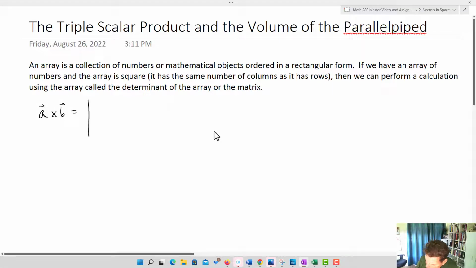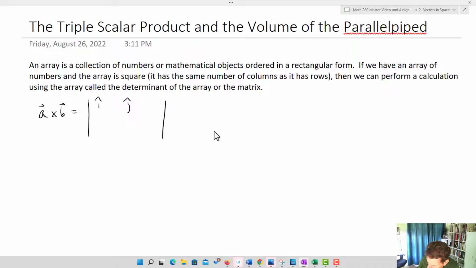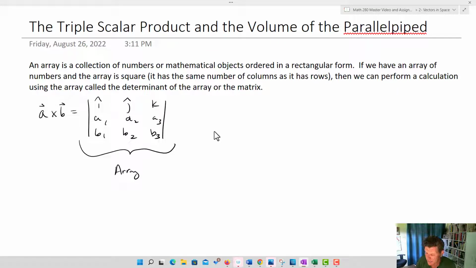And A cross B, we're going to write it as i, j, and k, and then it'll be A1, A2, A3, and B1, B2, B3. Okay? This thing here is called an array, or it could also be called a matrix. If we put brackets on it, it ends up being a matrix. And when we find the determinant, we actually utilize the determinant in order to find the cross product. So the determinant ended up being i times A2 B3 minus B2 A3,